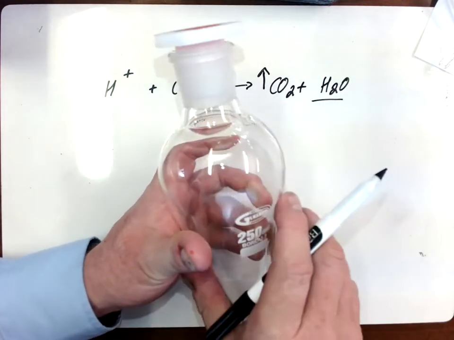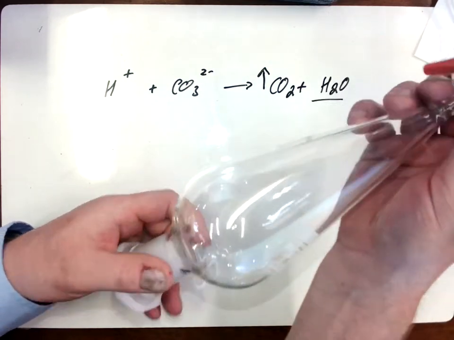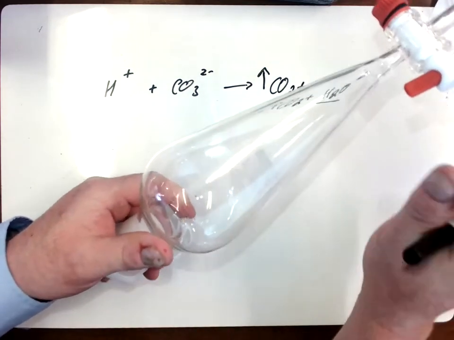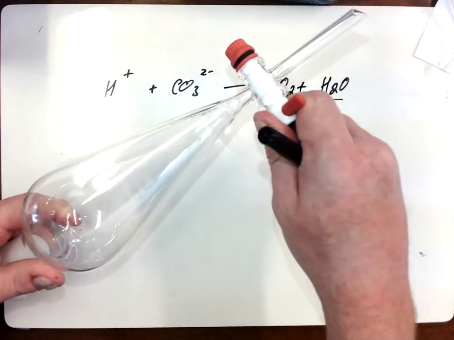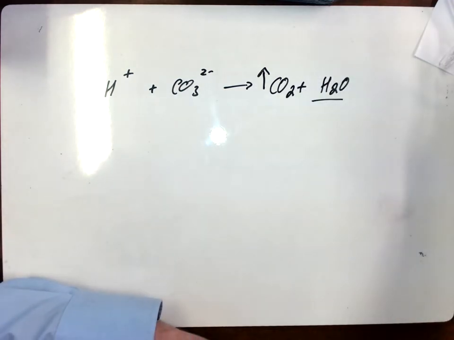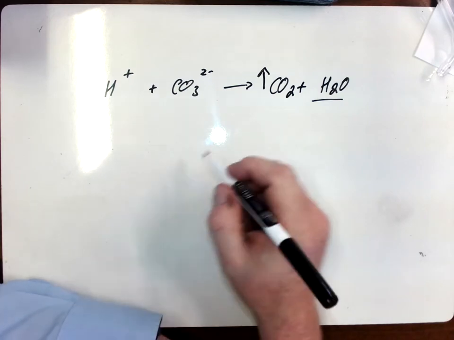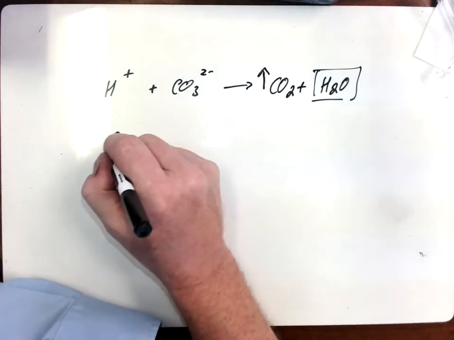We don't want that. So what you've got to do, and you've got to make it clear to the examiner, is you shake this up, you invert it, okay, so turn it upside down, and you slowly open the tap here, and that will let the carbon dioxide out in a very, very controlled manner. So you shake, you invert, you open the tap, and you let the carbon dioxide out. So that's that done, but now we've still got a little bit of water mixed in with our